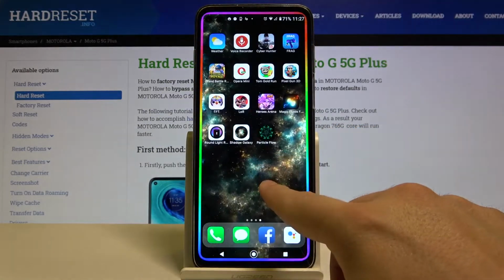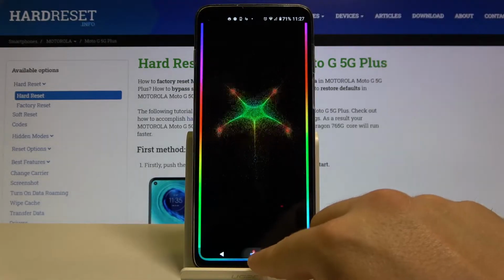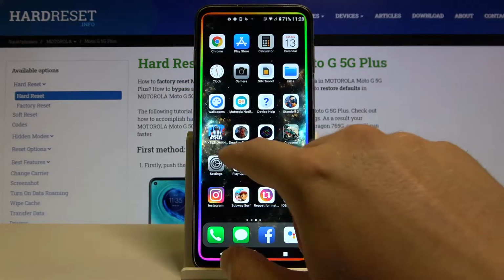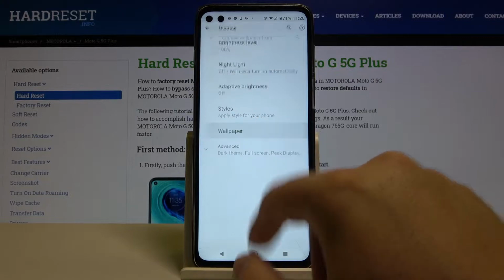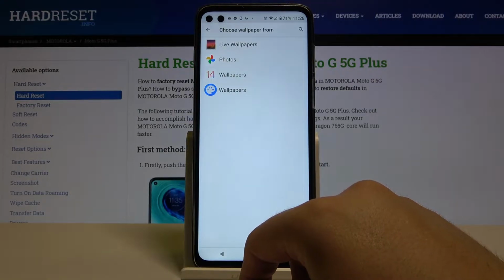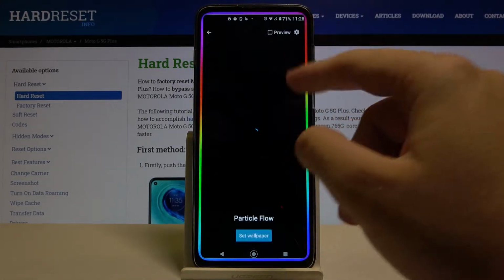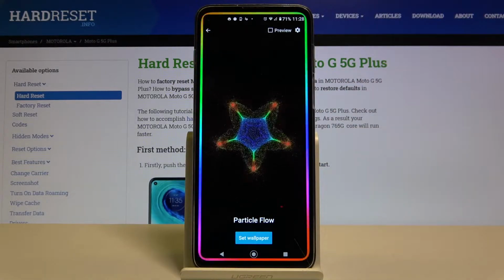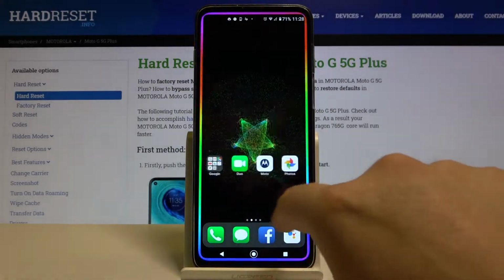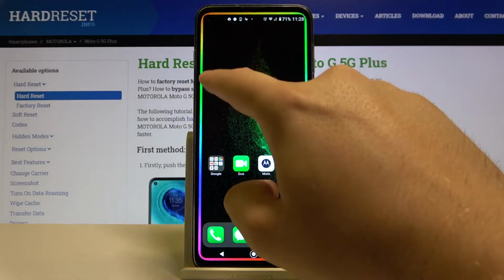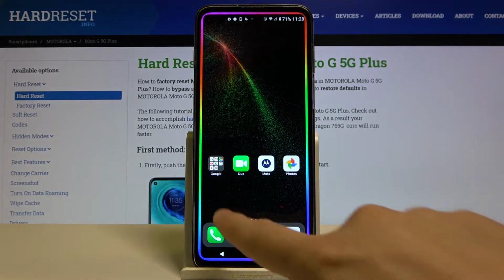And if you want to set it as a wallpaper, just go to your settings. So let's go to the settings, tap on the display, tap on the wallpaper, and we have to get the live wallpapers that we have on our smartphone, and of course we have to take the Particle Flow, and right now we have to click to set wallpaper. So right now it will set this wallpaper on your screen when you make these simple steps,